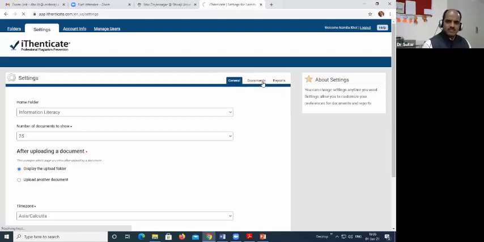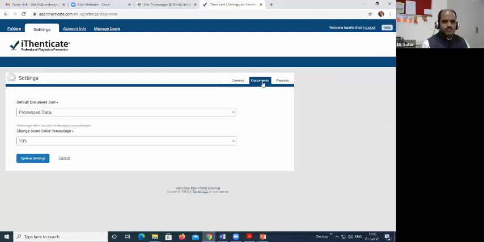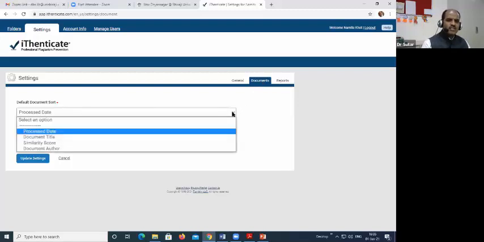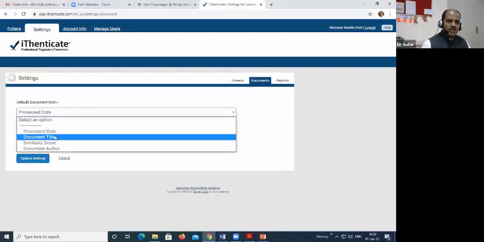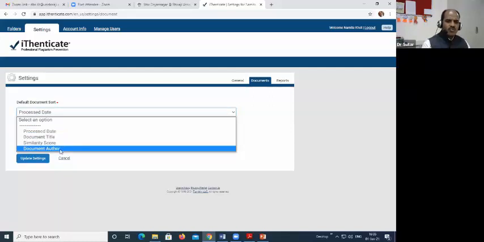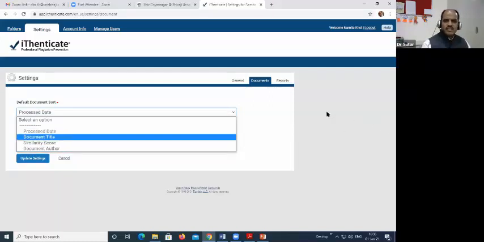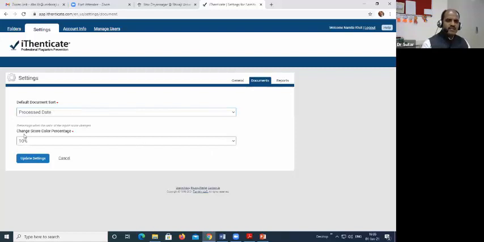Then comes documents. See, according to a process date, you can display the document title, similarity score, or document author, if you want, and change the score color percentage.